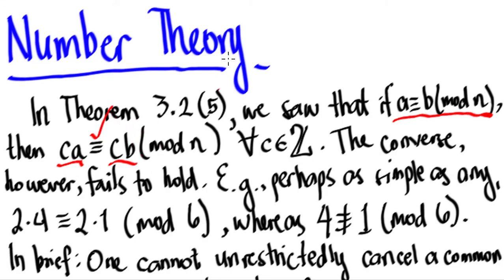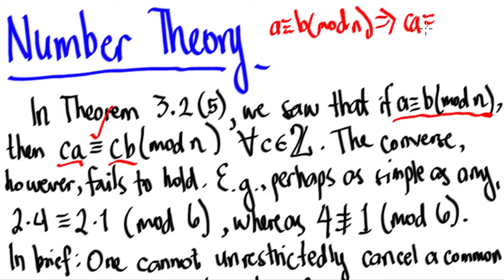That is, if a is congruent to b mod n is true, it implies that c times a is congruent to c times b